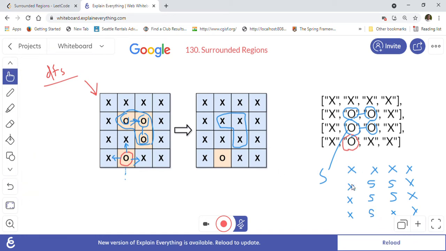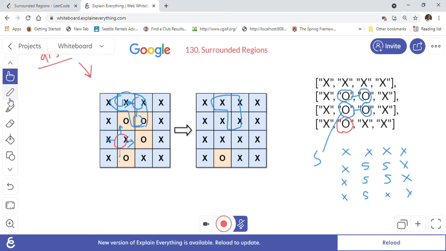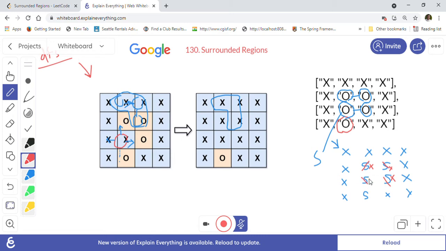Let me just move this a little bit. Okay, so after the matrix is converted like this, we will again traverse through this whole matrix, and we will change S back to O. This one we will change to X, this one we will change to X, and this S we will change to X. So we are flipping the captured region, which is what they are saying by X. But this S, we will convert to O, because we don't want to change it to X since it is not part of the region.